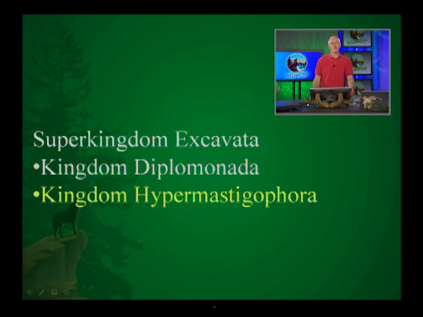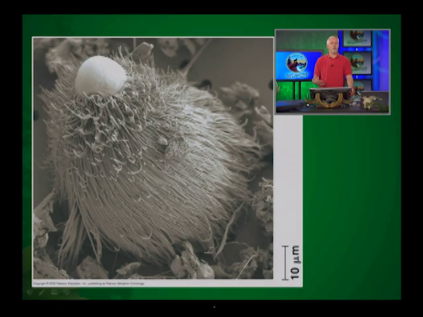the Hypermastigophora. What the word Hypermastigophora is telling us is that the suffix ophora means to bear, masti is a reference to flagellae, and hyper means many. So this is kind of an unusual group in that they have lots and lots of flagellae. Normally when we're looking at flagellated eukaryons, they usually have 2, 3, maybe 4 flagellae. But as you can see, this group will have dozens and dozens of flagellae.